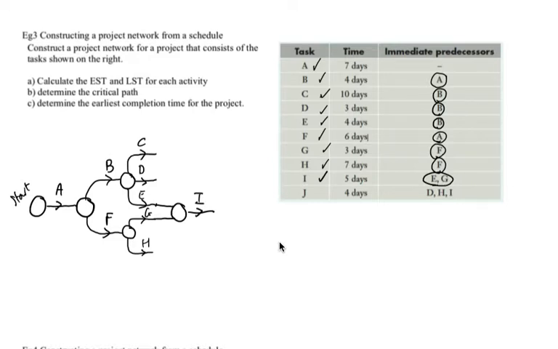Now J uses D, H, and I. So we have D, H, and I. Now you want to draw your node to the right of the rightmost node, which is I. So I'm just going to draw it here, bring my D into there, and bring my H into there. D, H, and I, and then out will pop a J. Now what we can do, since we've completed all our activities, is put the finish into our project network, which in this case will go here. We label that finish,